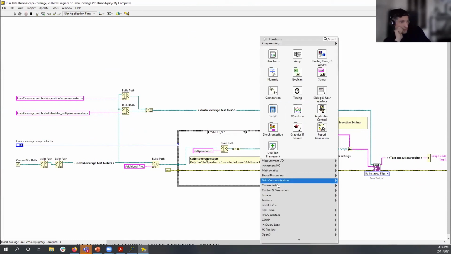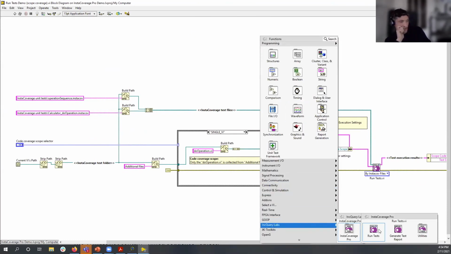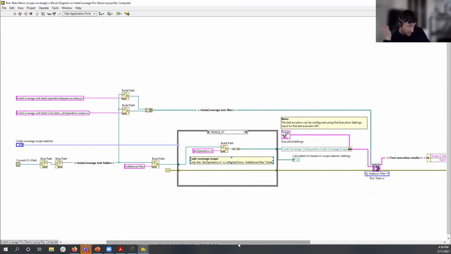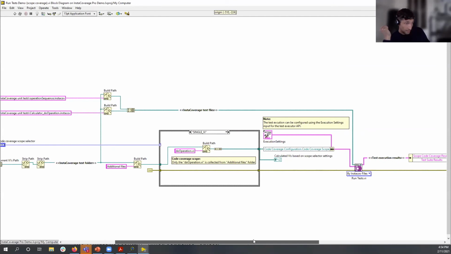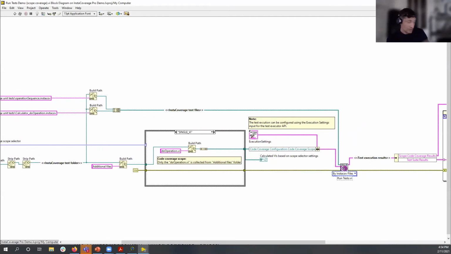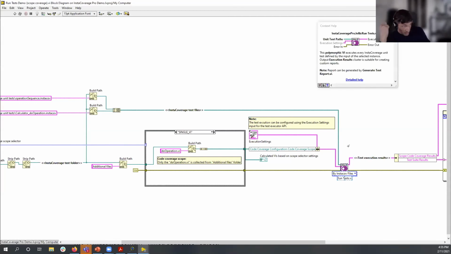If you open the palette, you see under Inquiry Labs, InstaCoverage Pro, different APIs. You can discover them. Here, what's happening is very simple. If I open the help, we see maybe the most important